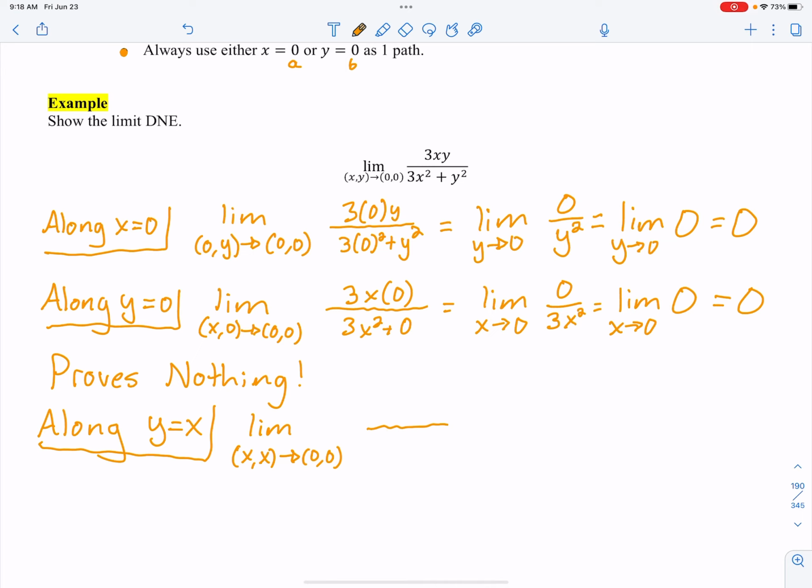I replace, and I get 3x times x over 3x squared plus x squared. So that is the limit, and we can drop the double x, and we get 3x squared